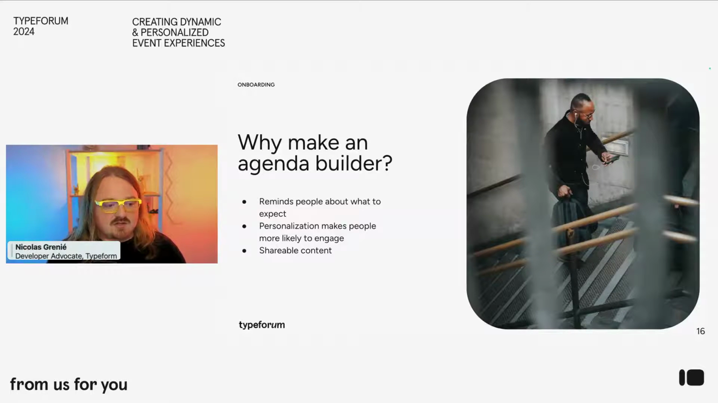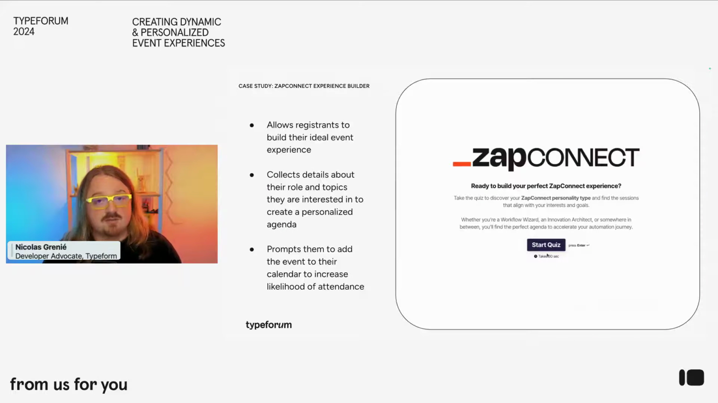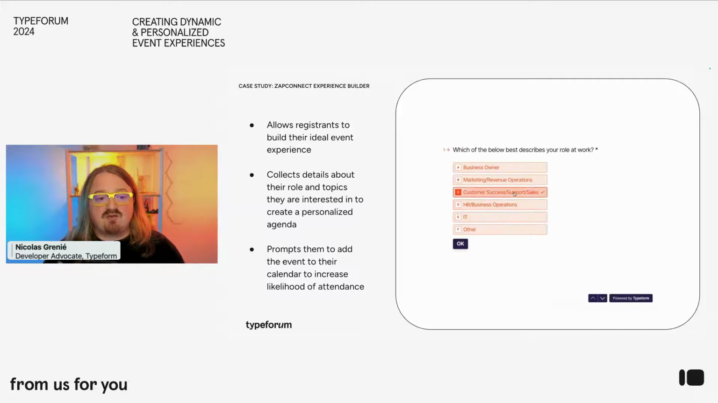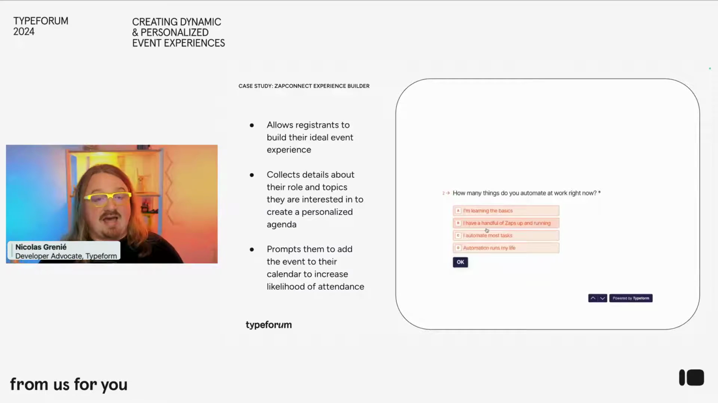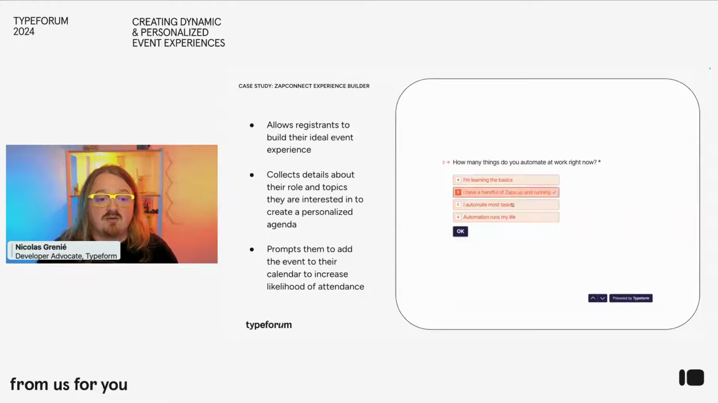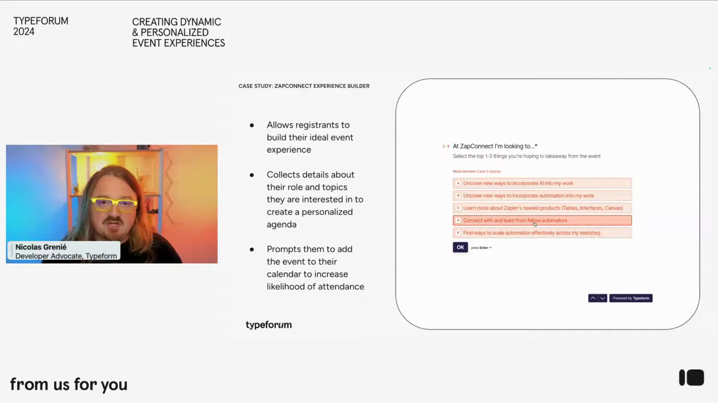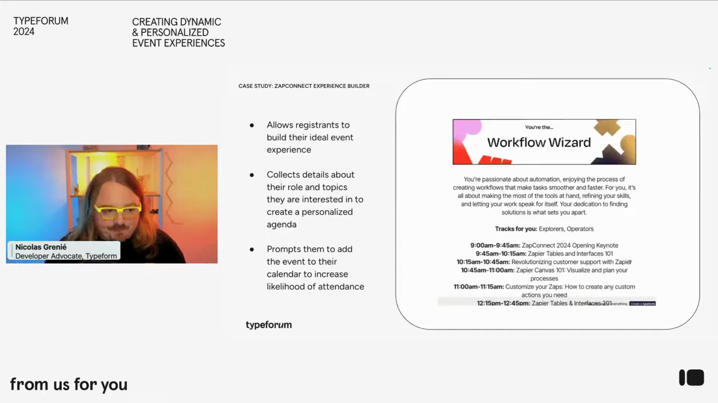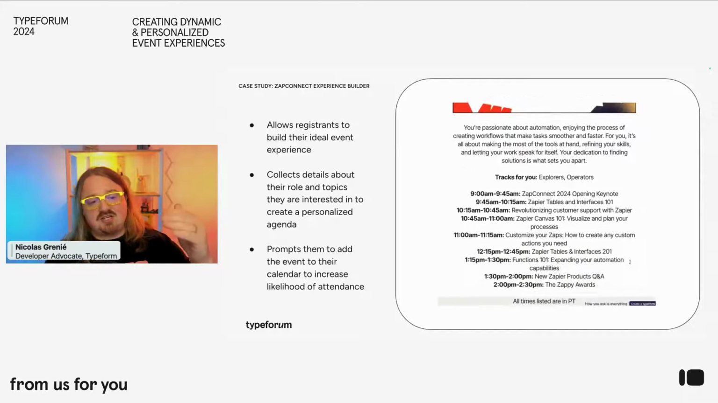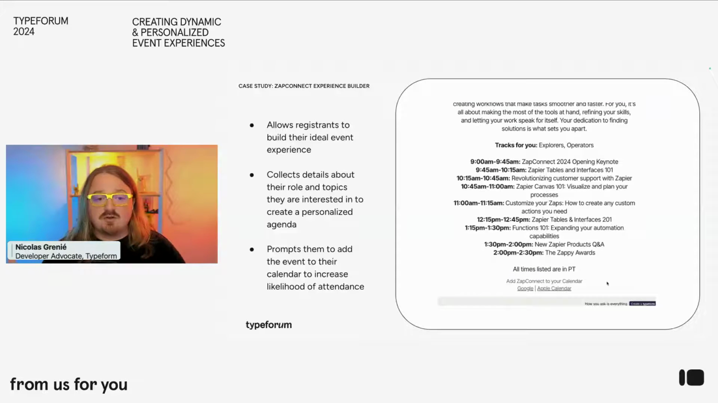So let's dive into what Zapier did for their online event called Zap Connect. That was just a month ago. What they did is a simple Typeform where they ask which type of role you have, which type of experience you have with the automation world, and what your expectations are and what you're trying to find during that event. At the end, what it gives you is a session calendar of all the things you can